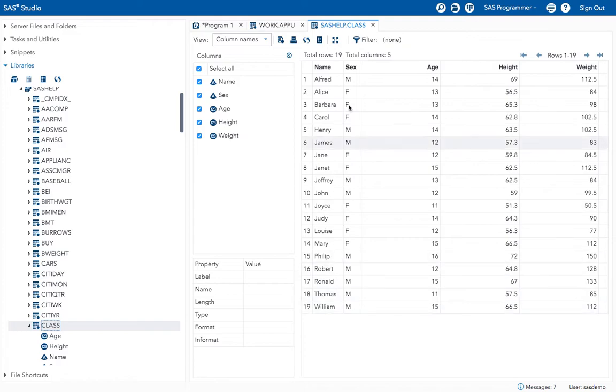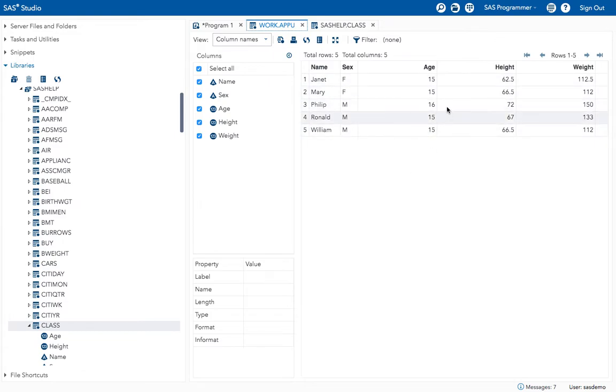Earlier I had 19 people, but now, using the where option, I got only 5, who are more than 14 years of age. Yes, ma'am. This is why we use the where option.